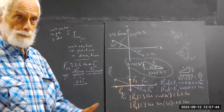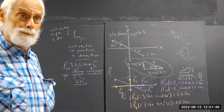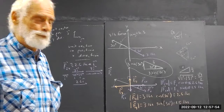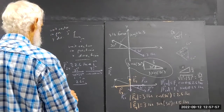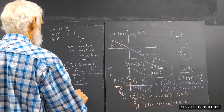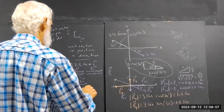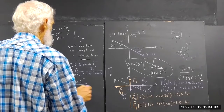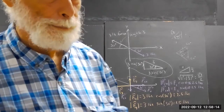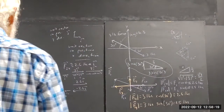So there's just a picture. When you multiply a vector by a number, it doesn't change the direction of the vector. Well, actually, if it's a negative number, it reverses the direction. Okay. So we make a negative I. It's like this, negative 2.6i, just the opposite of 2.6i. Flip it around. Okay. That's pretty much all you need to know. Let's see if we can apply it. Okay, so